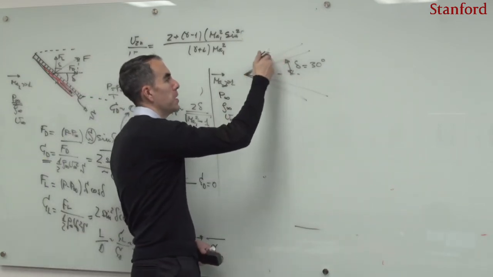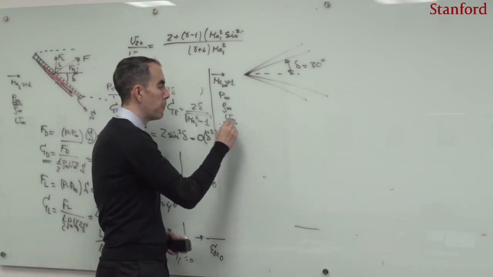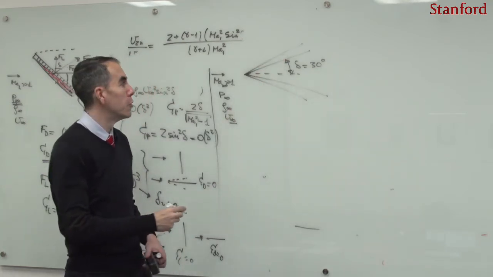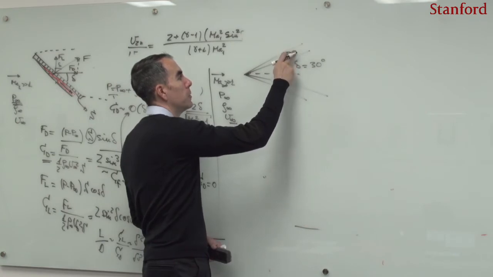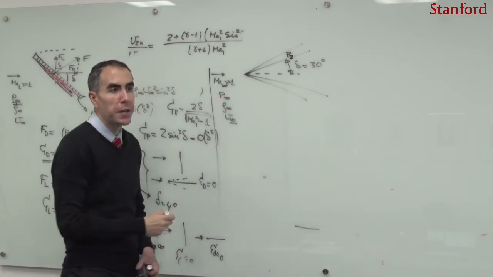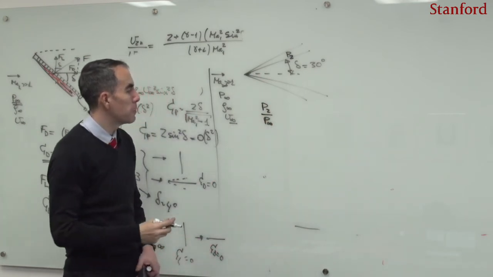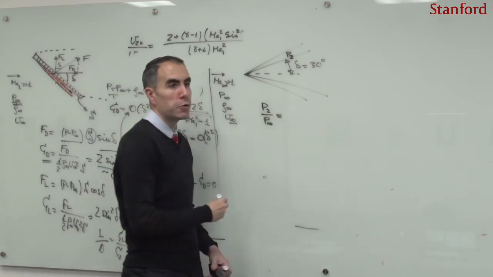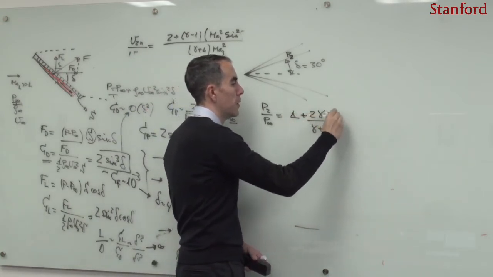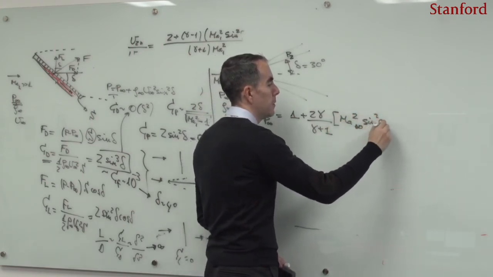So I'm going to have a pressure jump, and here I'm just going to be changing the notation slightly, because I'm going to be calling the pre-shock quantities by the subindex infinity and the post-shock quantities by the subindex 2. So this is to say that here I'm going to have a pressure P2, and that pressure P2 obviously is larger than the pressure P infinity, and that generates a force on the wedge. In particular, this pressure P2 over P infinity can be described by using the Rankine-Hugoniot jump conditions as 1 plus 2 gamma divided by gamma plus 1 multiplied by Mach infinity square sine square of beta minus 1.